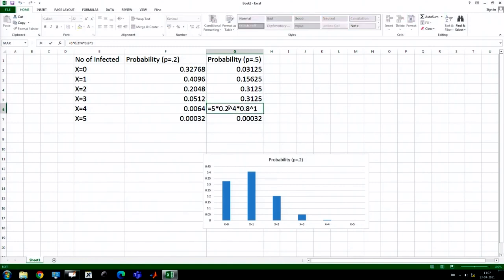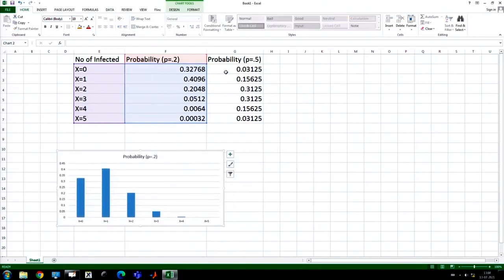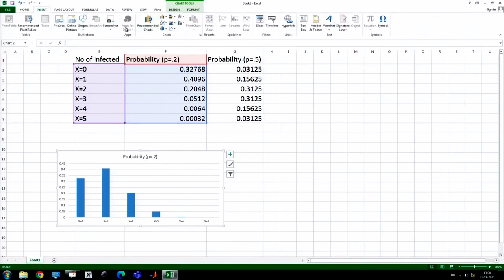Here again I change to 0.5 and 0.5, and here of course I change it to 0.5. So, I see this. Now, why did I do that? Let me plot it and see what we get. I am going to plot this one, insert,